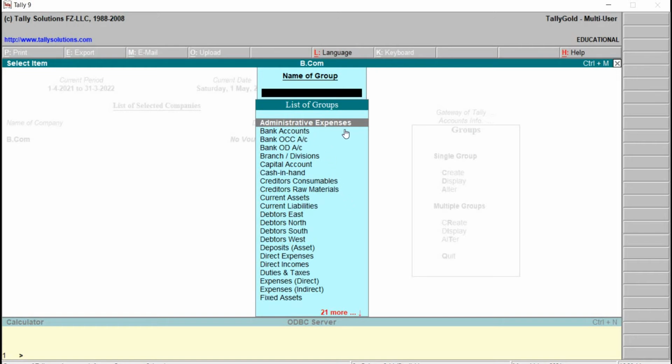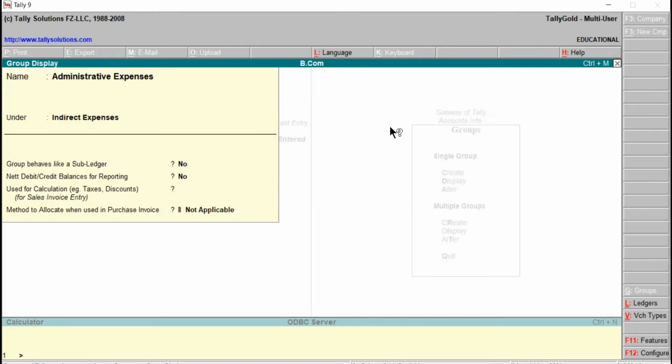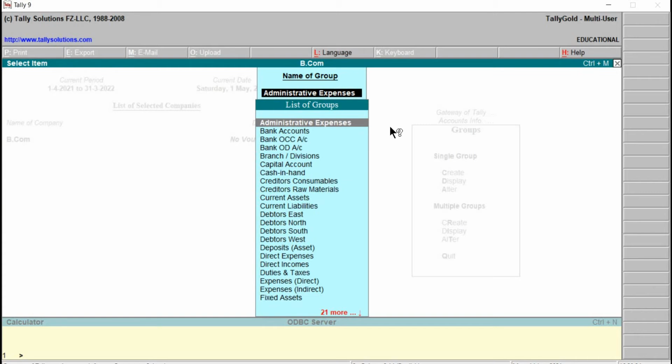I just select Administrative Expenses. That will be opened. Can we see any cursor pointer here? No. We can just display, we can read the contents. Here we cannot do any editing or modification.